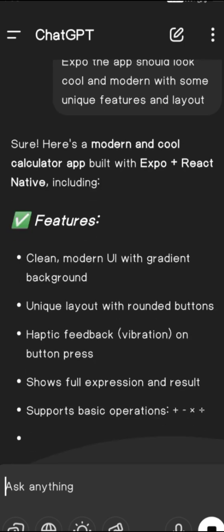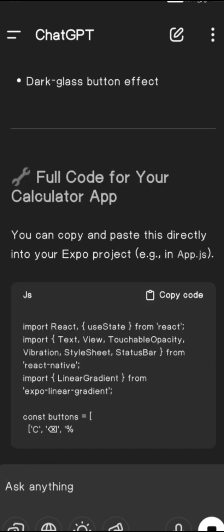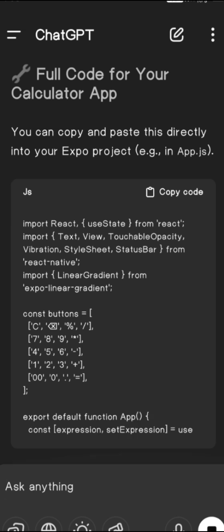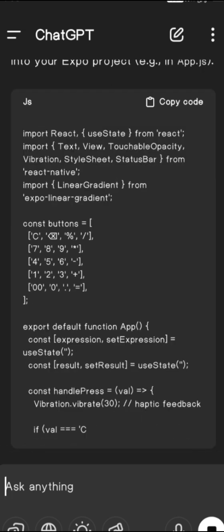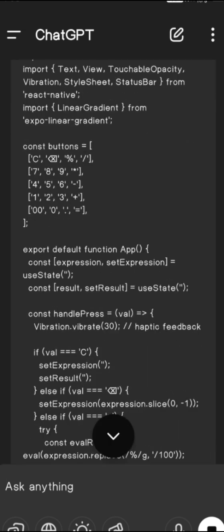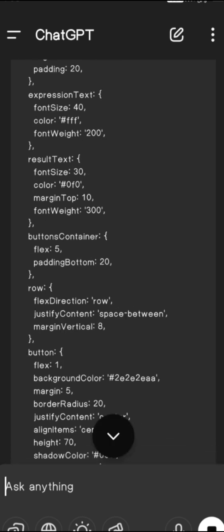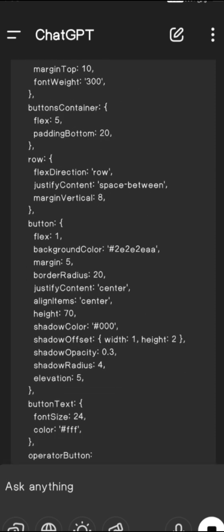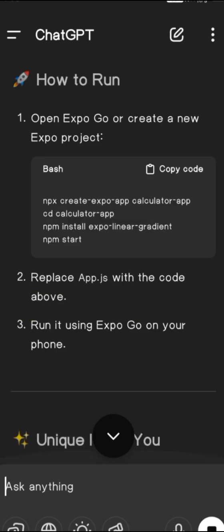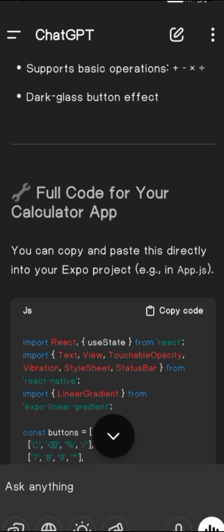Now you can see it is responding, and here is the code. The code is in JavaScript, so wait for a few minutes. And yeah, it's done. Now all you have to do is just copy the code